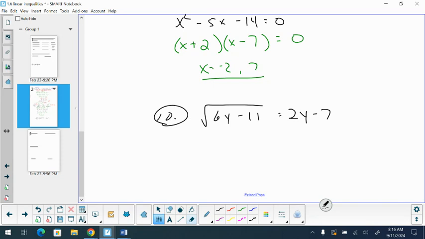To get rid of our square root, we can square. Now when you square, once again, you must do entire sides. You can't do pieces parts with respect to your squares. So I just cannot square each one of my terms here. I need to do the entire left and I need to do the entire right. So on the left-hand side, we have our 6y minus 11, but on the right-hand side,